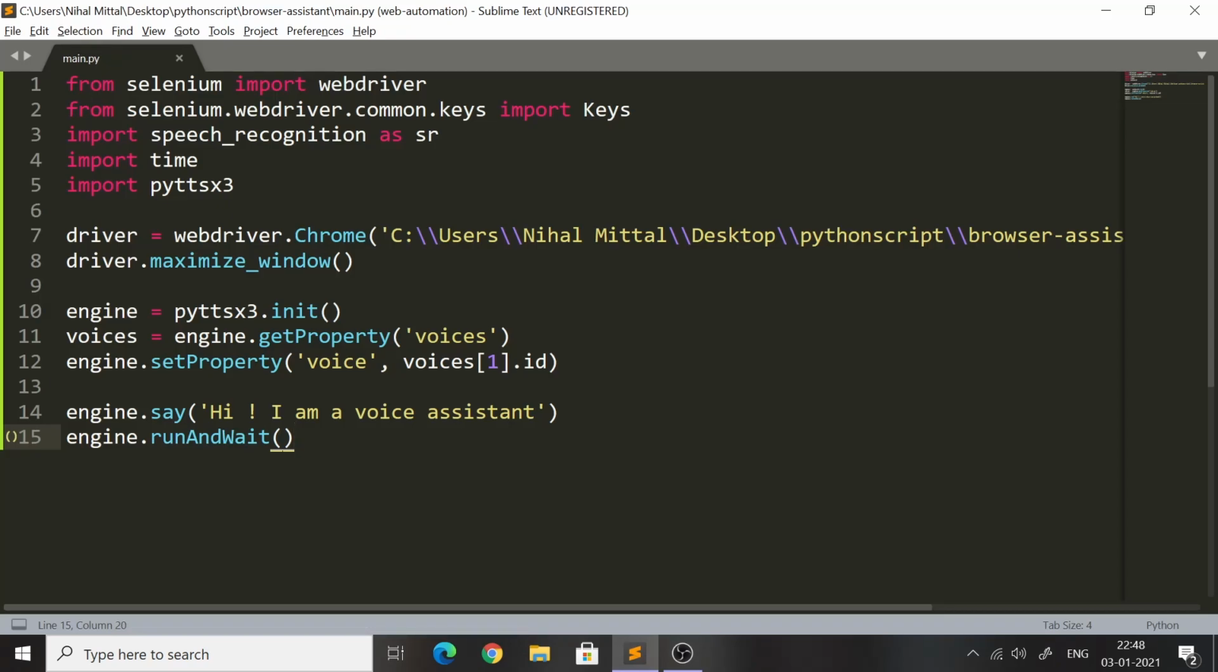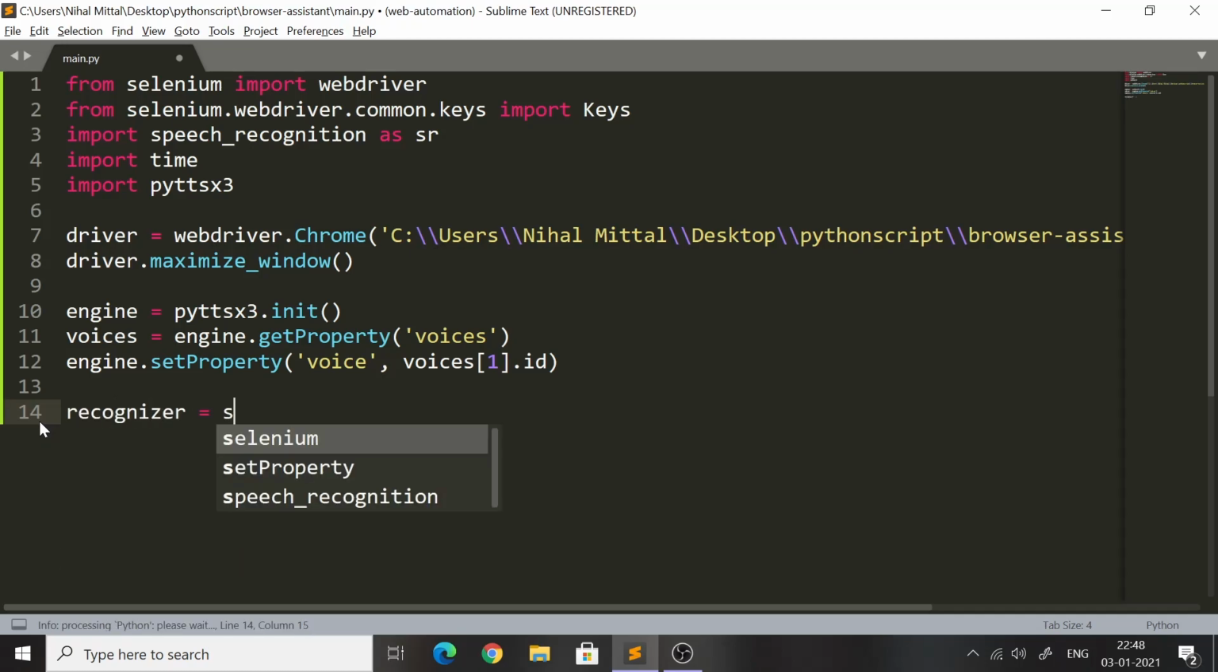Hi. I am a voice assistant. Our assistant is working fine. Now I will remove these two statements as they are not needed anymore. So I will remove them and get a variable called recognizer equal to